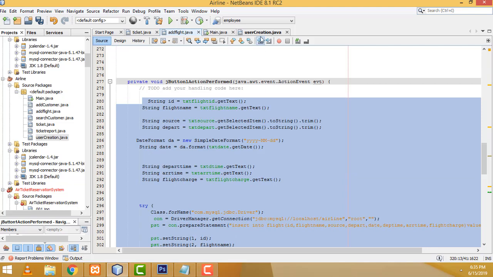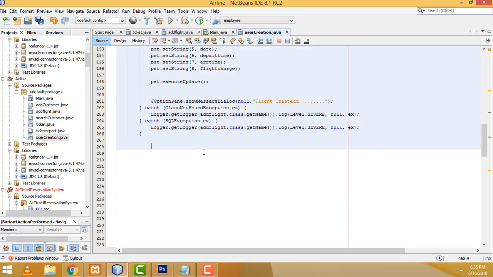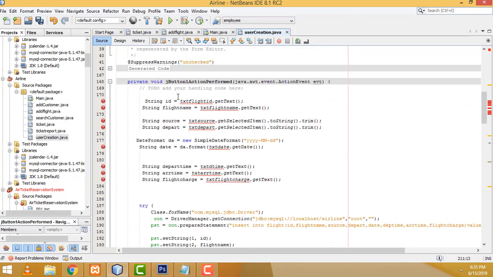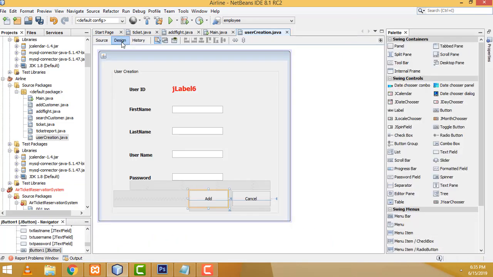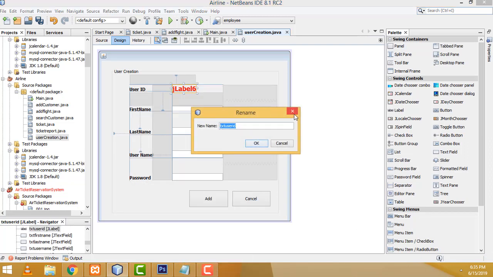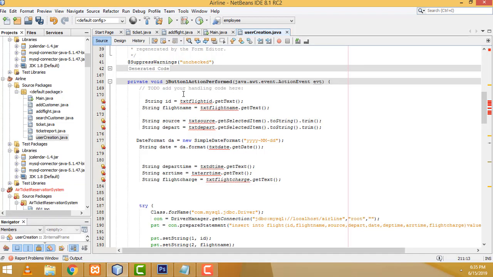Before you copy, you must be careful here, copy all the stuff carefully. After that you have to paste it inside this button. Fine. Now here we have to change the text box names. This one should be txt user id, txt first name, last name, username and password. You have to change like this, txt